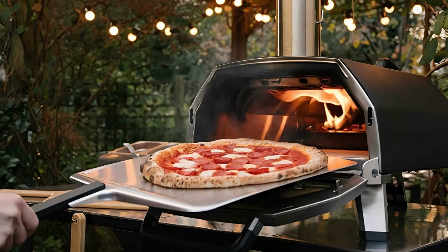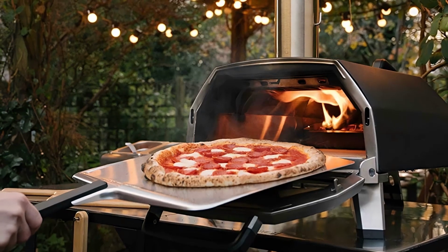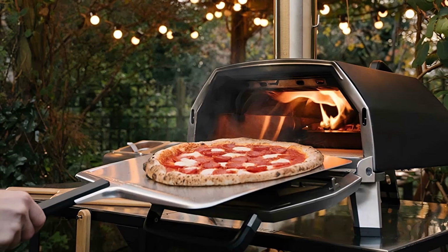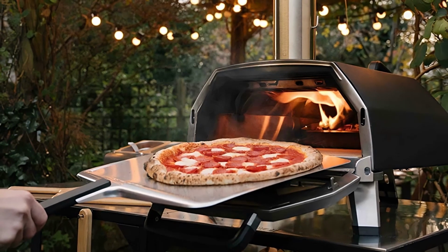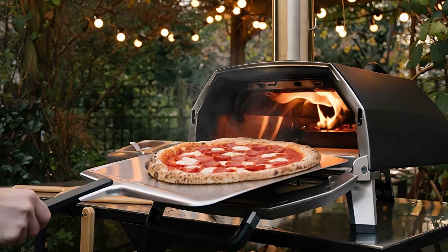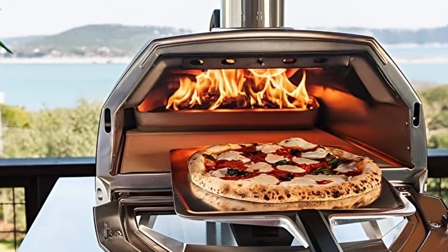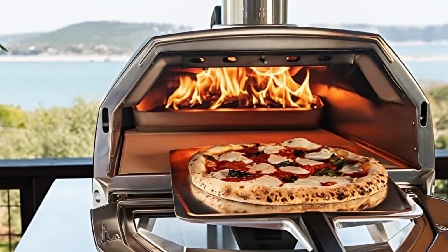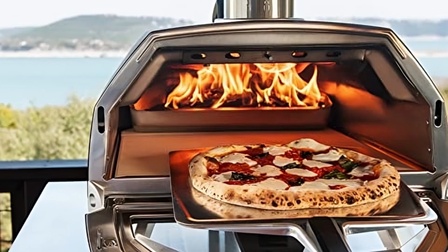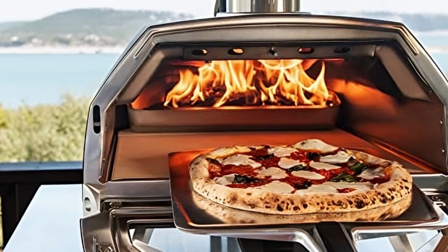Another great feature of the Ooni Karu 16 is its portability. Weighing just 26.5 kilograms, this oven is lightweight and compact, making it easy to transport and store. Whether you want to take it to a friend's backyard party or on a camping trip, the Ooni Karu 16 is designed for on-the-go cooking. Its foldable legs and detachable chimney make it even more convenient to carry. You can pack it up, throw it in the trunk of your car, and take it wherever your culinary adventures